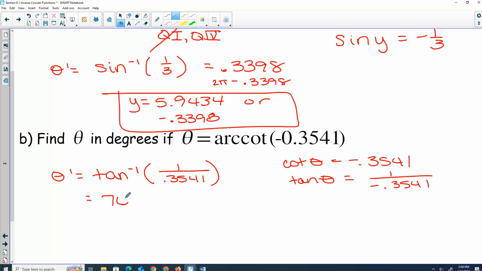And I got 70.5009 degrees. But we know cotangent inverse could be quadrant 1 or 2. And which of those is it negative? 2. How would I put this in quadrant 2? If you do that, you get